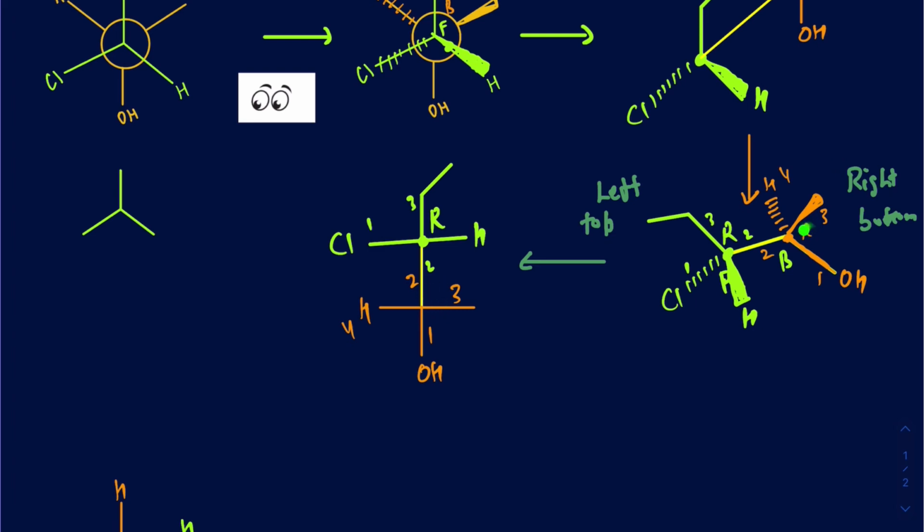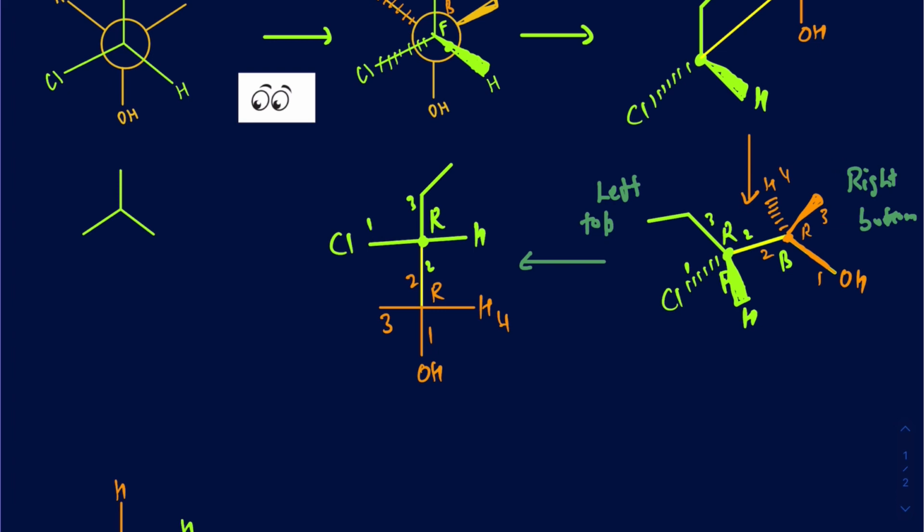But what we really need is actually the R form, and to make this an R form, what do we have to do? I can easily swap the positions of these guys. I can make the methyl on the left side and hydrogen on the right side. So then how does it look now? We're going to have 1, 2, 3 here, and hydrogen is going to be 4. Now 1, 2, 3 is going counterclockwise, and when you flip it, it's going to be clockwise because your hydrogen is still on the horizontal. So that's going to give you